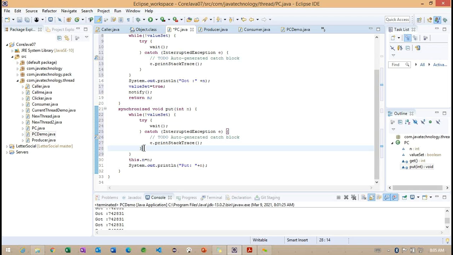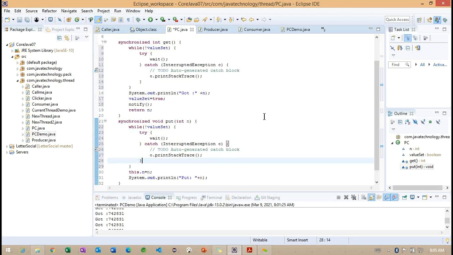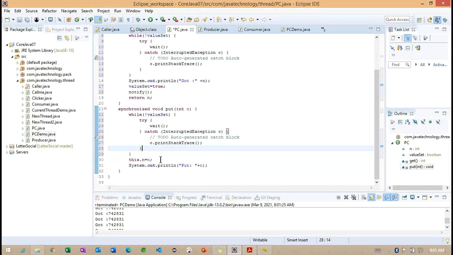After executing this particular block, we'll try to make the n value, and valueSet is equals to true.